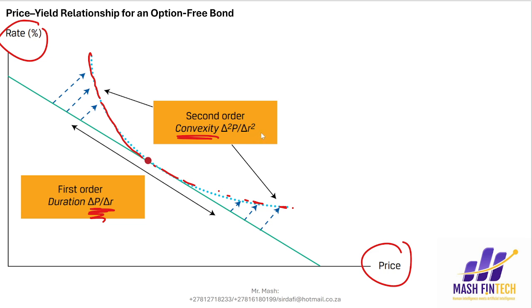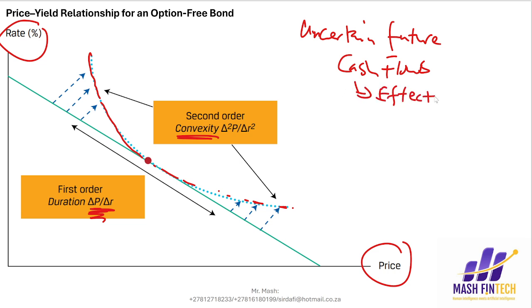So when you have bonds with options, what this means is that the future cash flows are uncertain. And when this is the case, the most effective measure is the effective duration. So always take note of the fact that your effective duration is going to measure the bond sensitivity to changes in interest rates when you have embedded options like your callable or your put bonds. So effective duration is effective when we have options on our bonds,